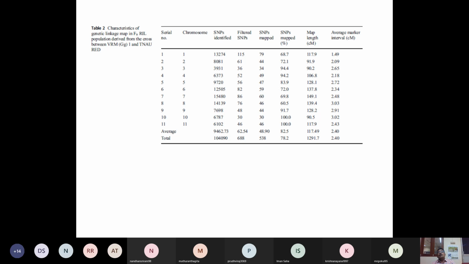Some chromosomes can have 1.49 markers per centimorgan on average, and some chromosomes get 2.4 average markers per centimorgan. So this varies between the chromosomes. Some chromosomes have more active recombination, so in those chromosomes we get more markers and more recombination, and the distance also increases a little. Other chromosomes are less active or smaller in size, and in those cases the number of markers will be less. These are all the things we have to look at on the map.